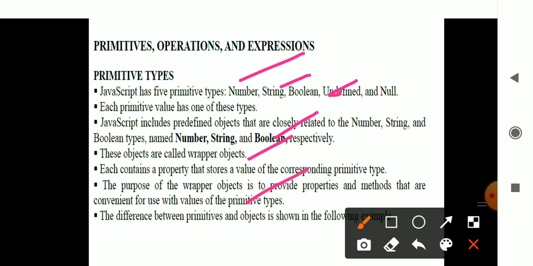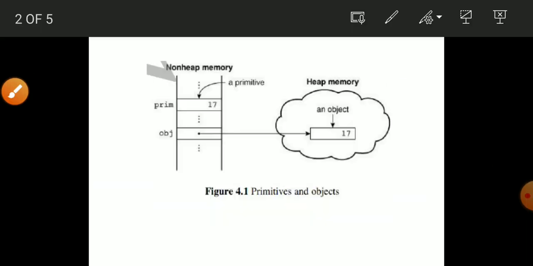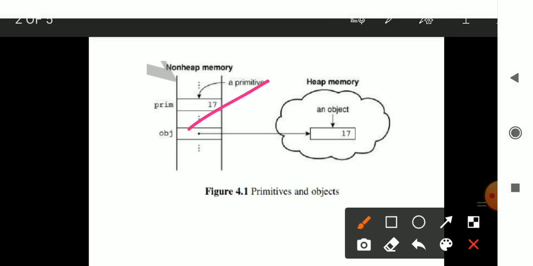The difference between primitives and objects is shown with examples here. When you consider a primitive and an object, how they are located in memory matters.